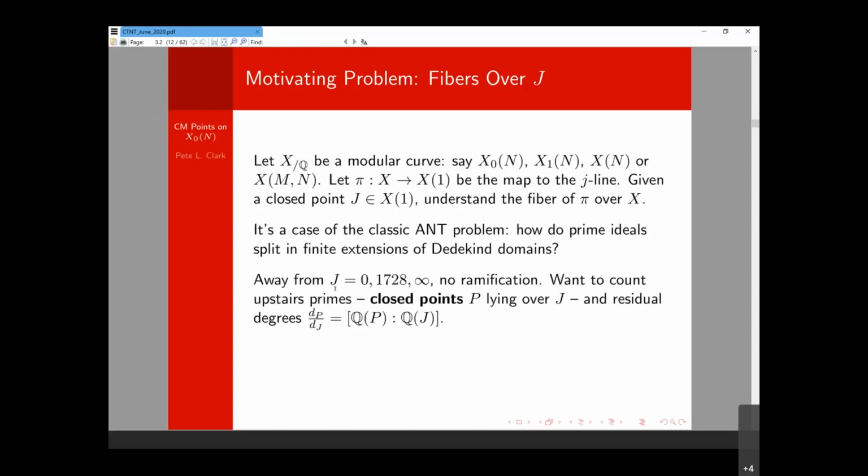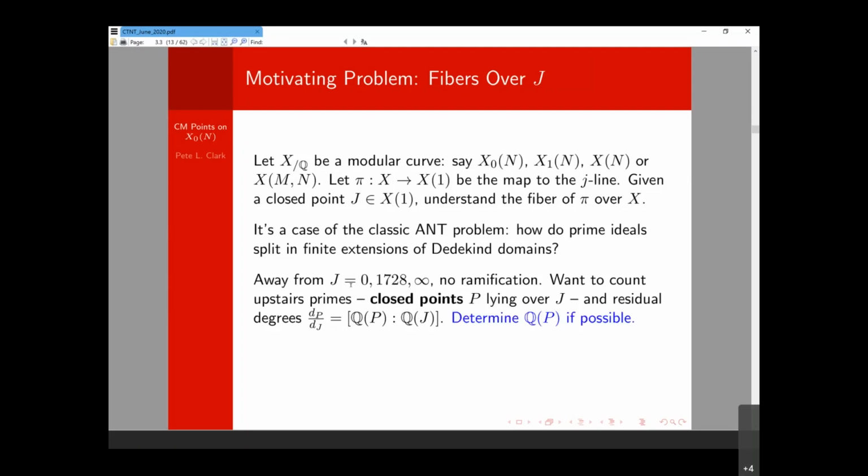algebraic number theory. And here, because the downstairs prime has its own residual degree, the residual degree in the relative sense would be the degree of the residue extension P, which is a closed point on the upstairs modular curve, divided by the degree of Q adjoin j. But if we think of j as known, then it would be equivalent, of course, just to determine d of P, the residual degree of this point on the modular curve. So to understand the fiber, we'd like to know the number of closed points and what the residual